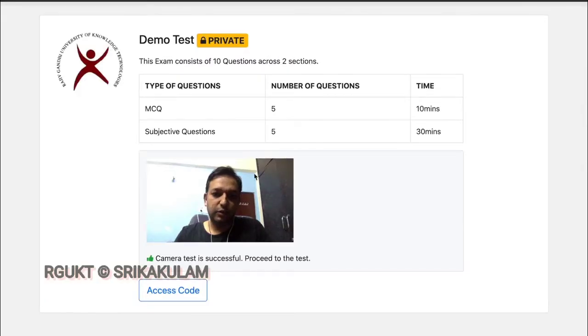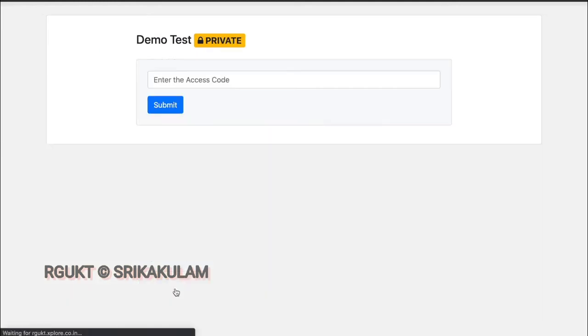As the test link opens, you should be able to see this camera test happening. If this is not appearing, if it appears that the camera is not accessible, you can refresh the page or open a browser which supports the webcam. So enter the access code,